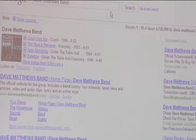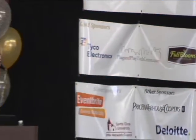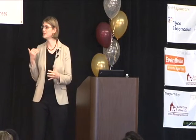And when you think about adding a feature like music discovery, you think, well, people want bands, they want song names. And so this brings me back to the principle of users, users, users. Well, what is it that our users want? If we analyze our logs, and if you analyze conversations with people, a lot of the times when you're searching, you don't actually know the band name, and you don't actually know the song name, and really all you know is maybe a teeny little tidbit of some lyrics